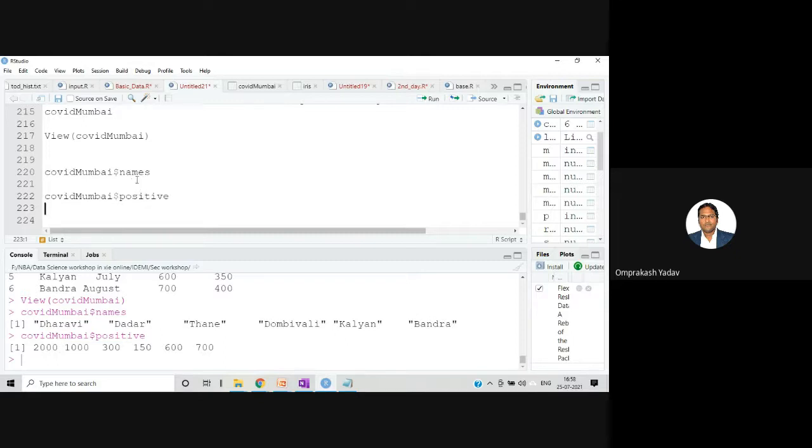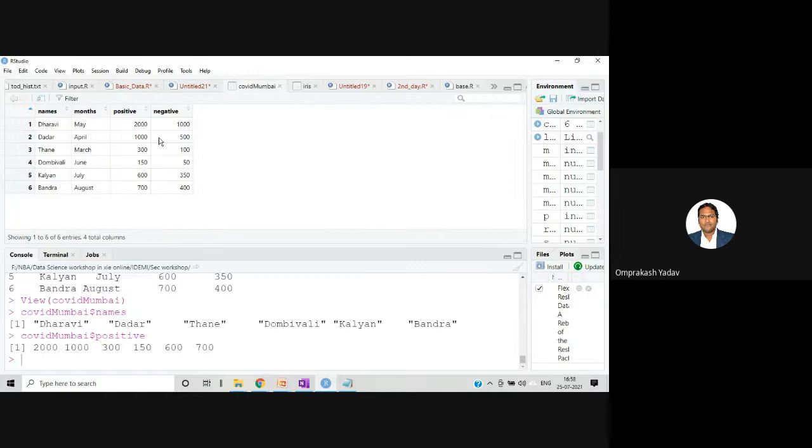Okay, sir. Before that, I want to insert one more column. For example, right now my data set is looking like this, and I want to put one more column over here. But this column will not be something extra; in fact, I'll be deriving it from the same data set. So I want a positive to negative ratio column. Let's do that: positive divided by negative, and we can insert that column over here.